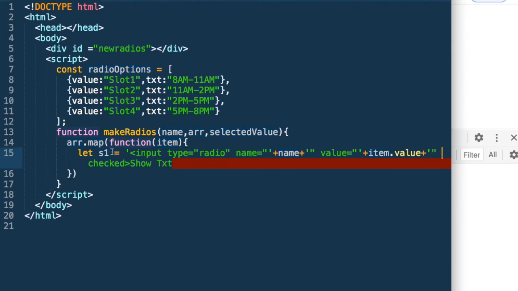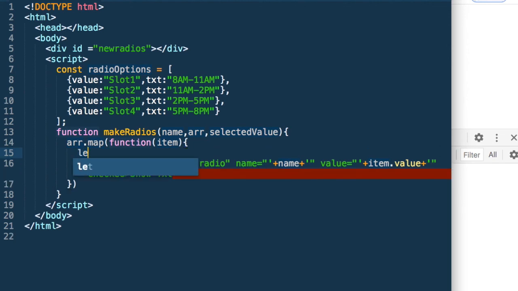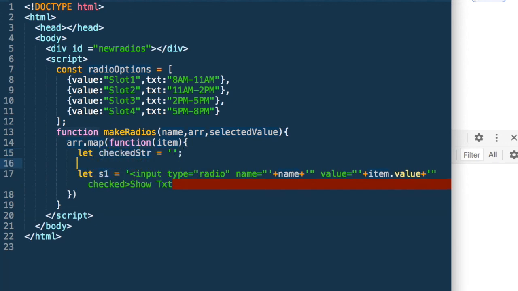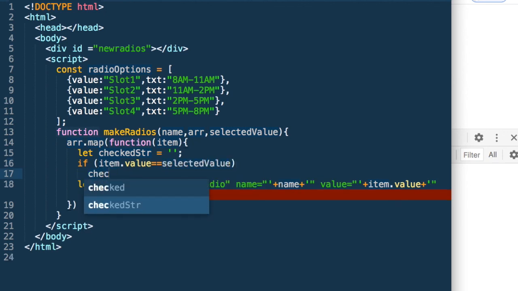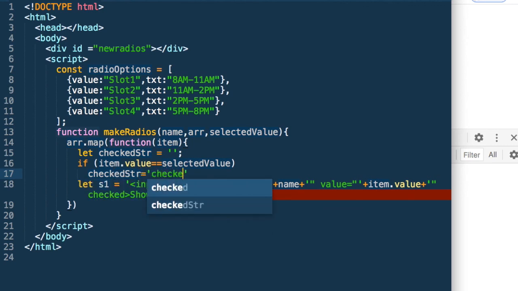Now checked, we need to create it. So let me create the checked. Let checked str is an empty string. If item dot value is equal to selected value, checked str is equal to checked.